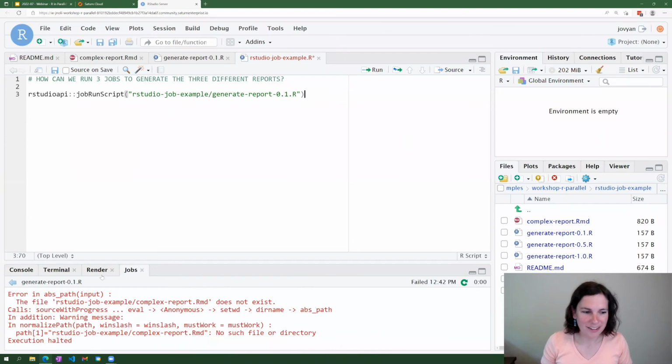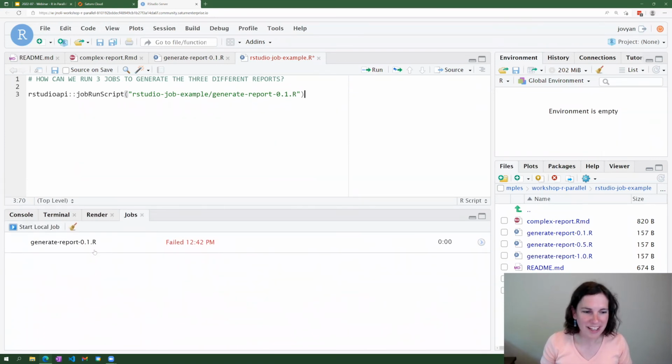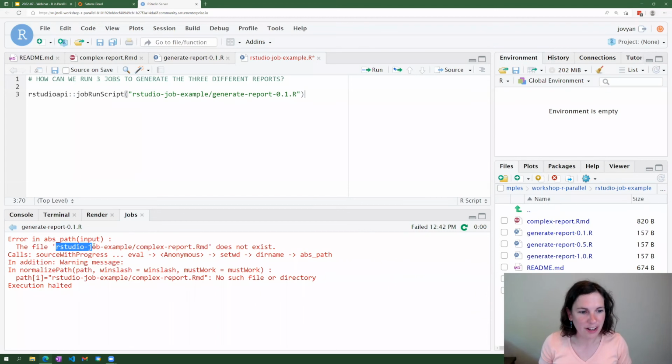So when I run it, you can see if we go to the job tabs down here, it instantly failed. But first off, it's interesting that it ran at all, even though it failed. It took 0 seconds to run, and immediately failed. The reason it failed is it said the file RStudio job example complex report does not exist. And this is another thing I find a little fickle about these RStudio jobs: by default, the working directory of the job is different than the working directory of the file. There are a few working directory issues,